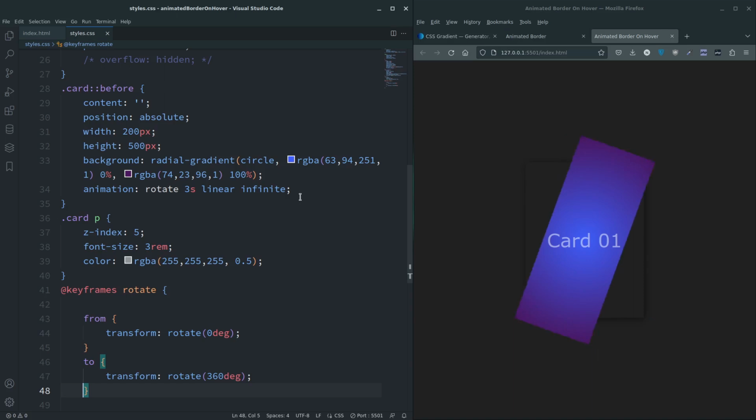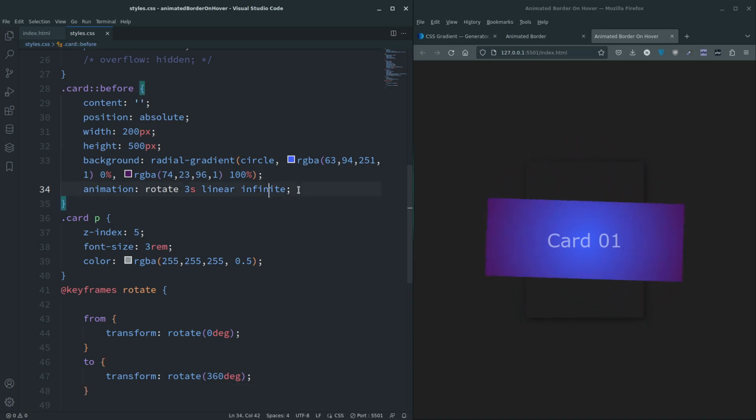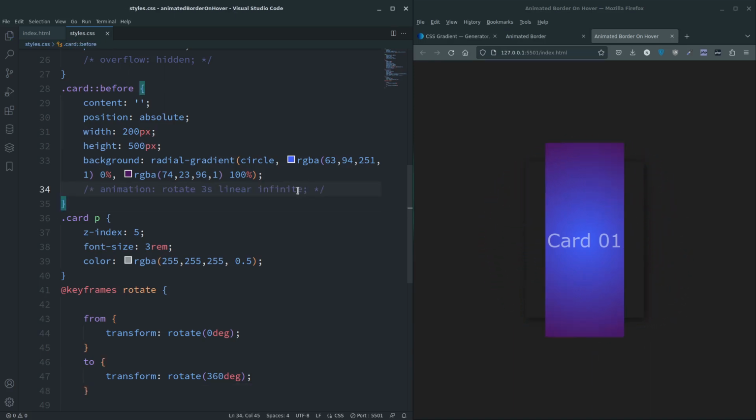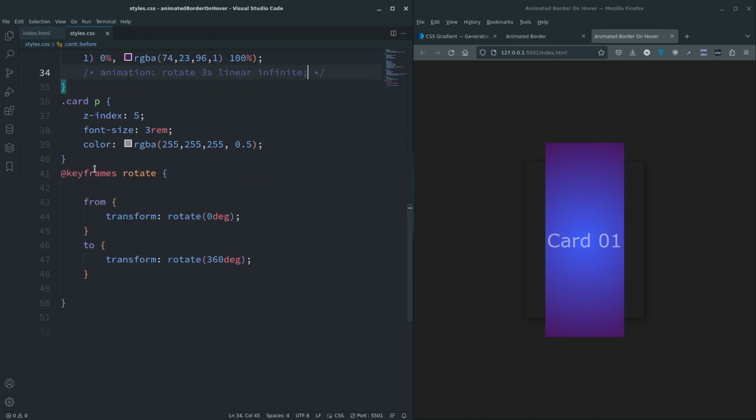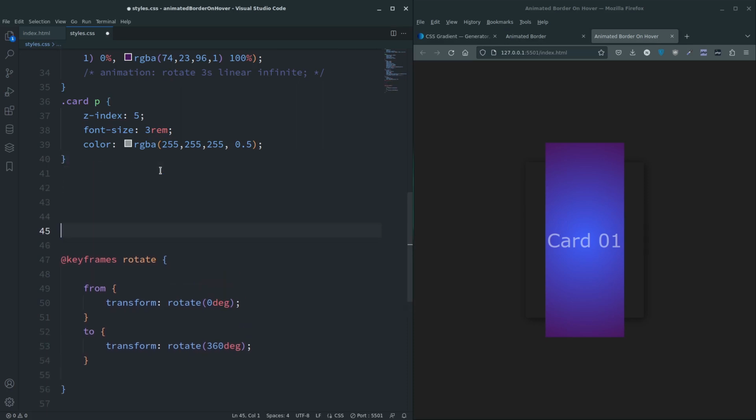Right. Next, I'm going to just stop that for a minute because that's going to be annoying, isn't it? So after, we're going to leave the animations at the bottom actually, so let's just put a animation, save. And up here I'm going to go for the card